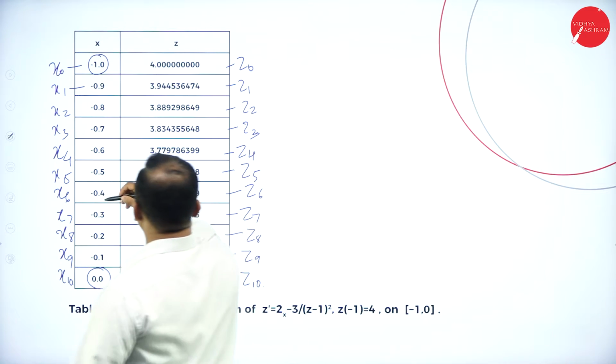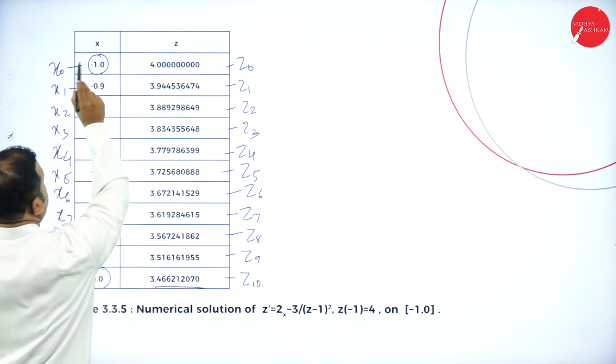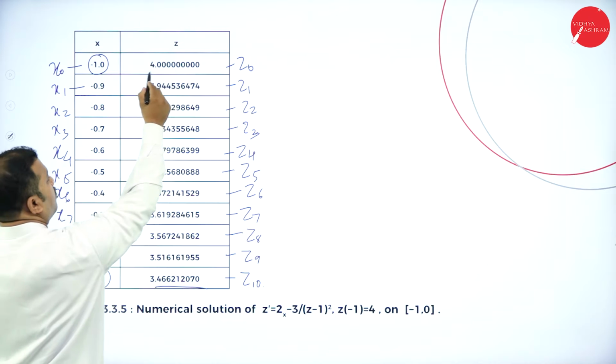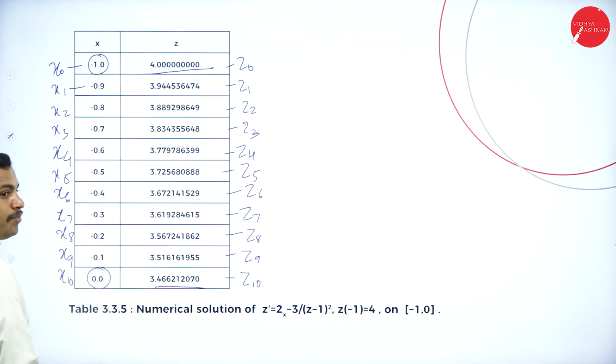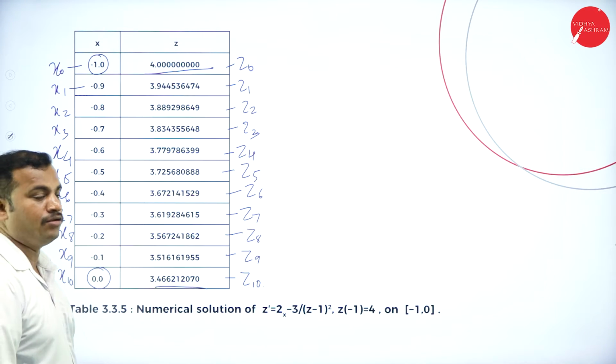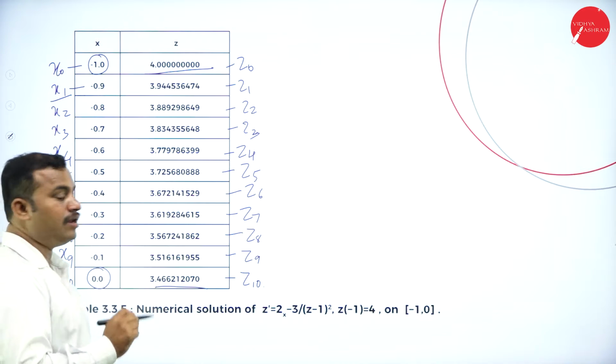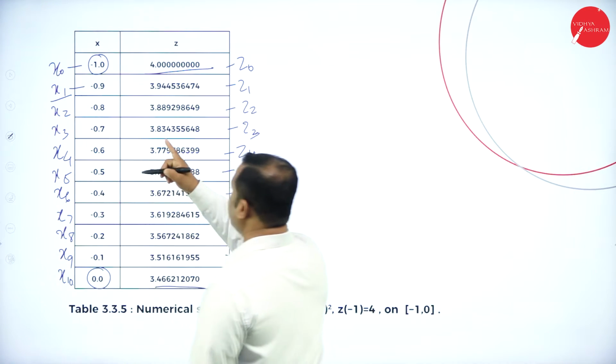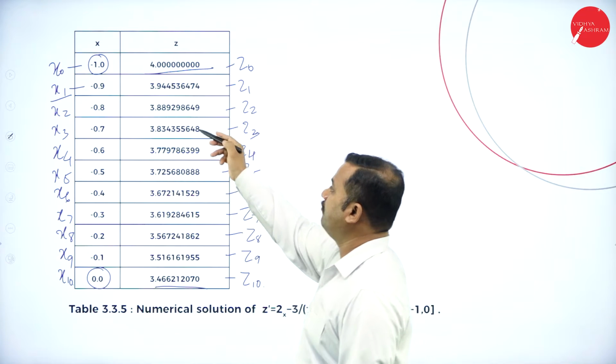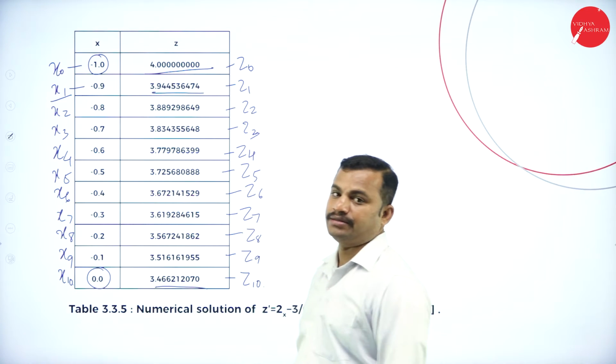So if that is the case, when the value of x0 is equal to -1.0, we have found this value, that is 4.00. That is the initial value we have been given. So we have the value x1. We have to find out the value of x1. When the value of x1 is equal to -0.9, we have to find out the value of this z,